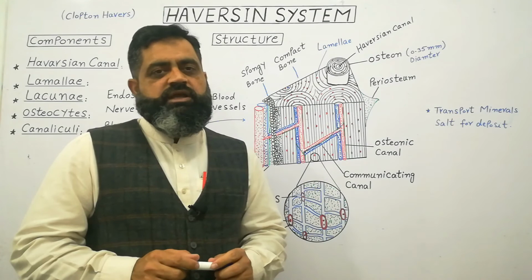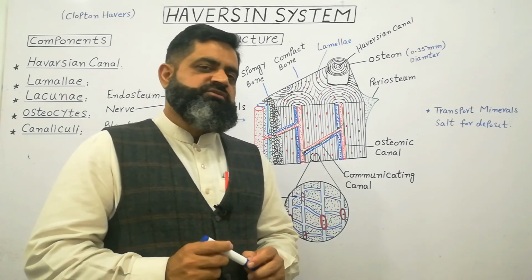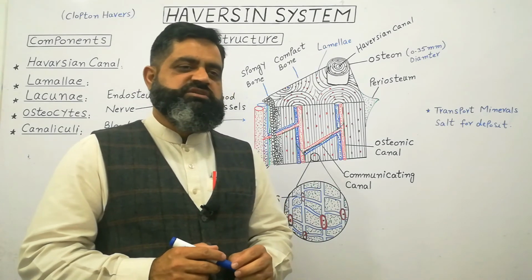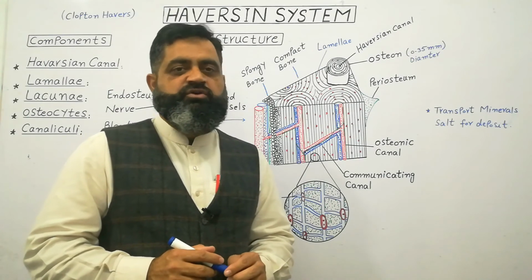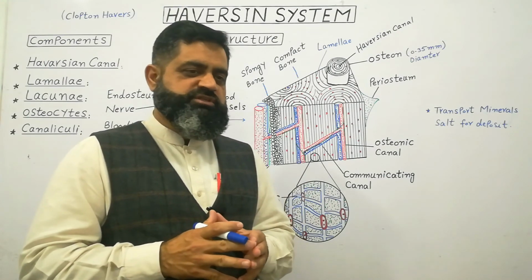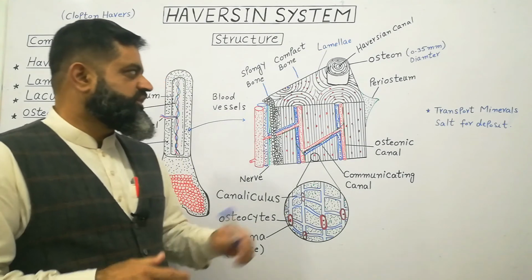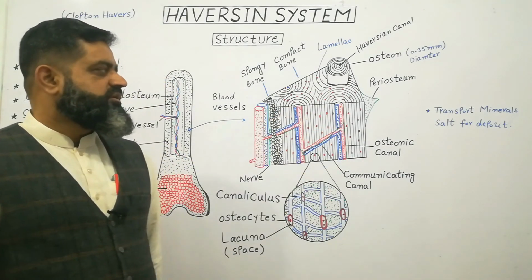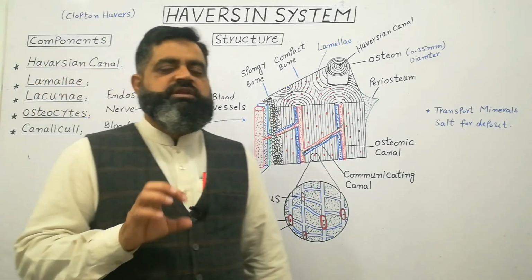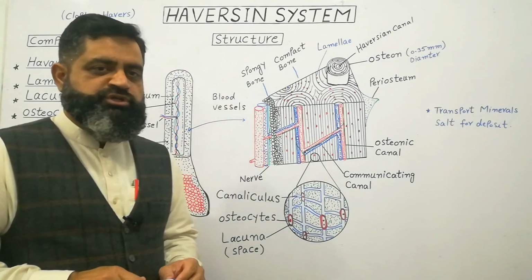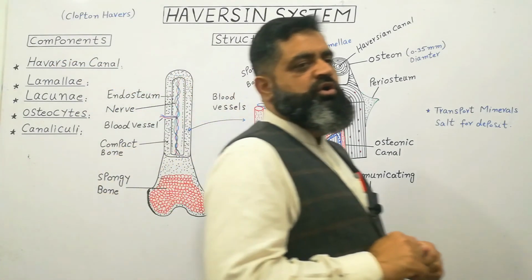So there are three types of bone cells: osteoclast, which dissolve bone cells; osteoblast, which form red bone cells; and osteocyte, which are known as mature bone cells. So mature bone cells contain these Haversian system, which is used to store minerals and salt inside the bone tissue and make it hard or ossify the bone.